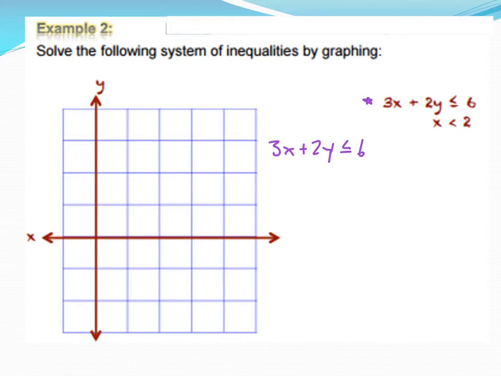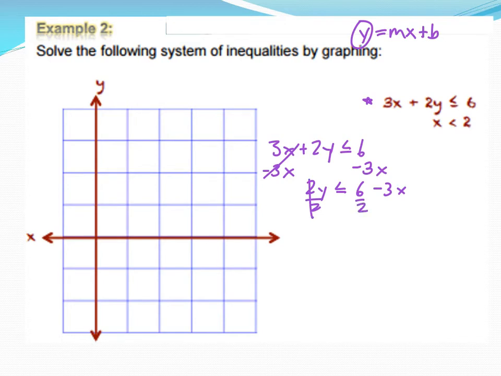Is this in y equals mx plus b, slope-intercept form? And no, it is not. So that means I have to make sure I get it there. How do I do that? By solving for y. So the first thing I'm going to do is subtract 3x from both sides. So I'm going to have 2y is less than or equal to 6 minus 3x. Then divide by 2, and I'm going to divide everything over here by 2. It's going to give me y is less than or equal to 6 divided by 2, which is 3. Then I'm going to leave this as negative 3 over 2 x, because that's going to represent my